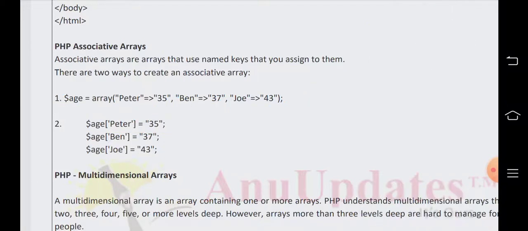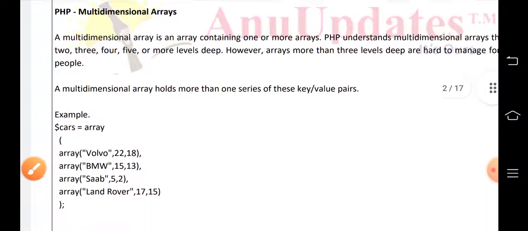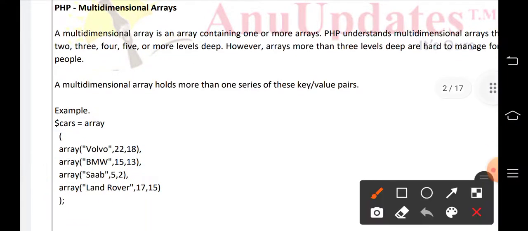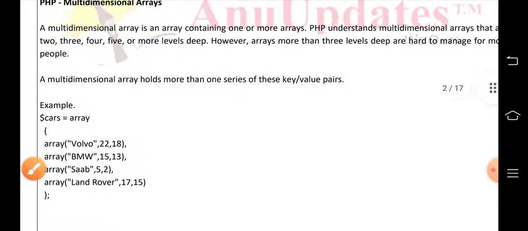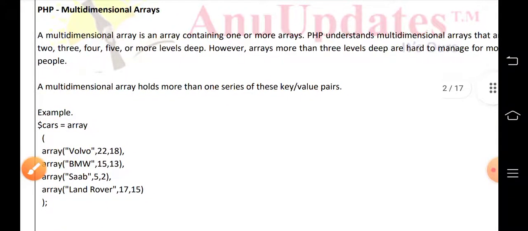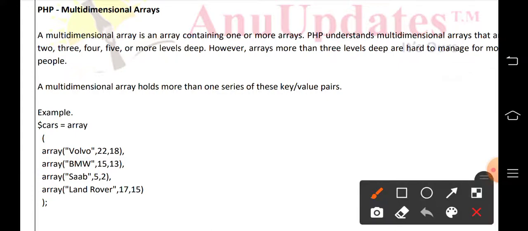And the third one is the multi-dimensional array. You can see here one array containing one or more arrays. A multi-dimensional array is an array which contains more than one array. Using multi-dimensional arrays is not at all easy, and only trained people can use them.